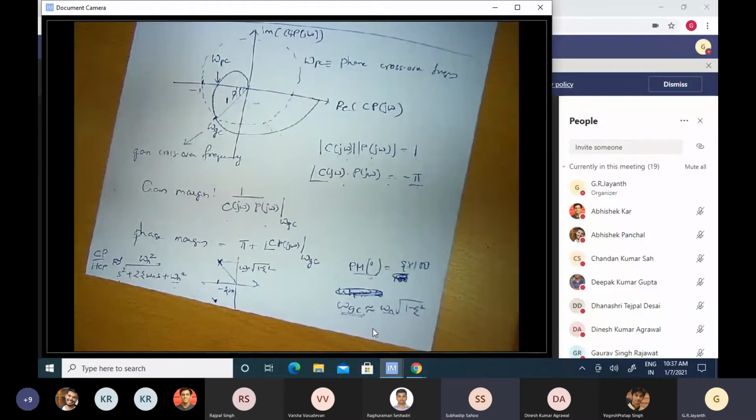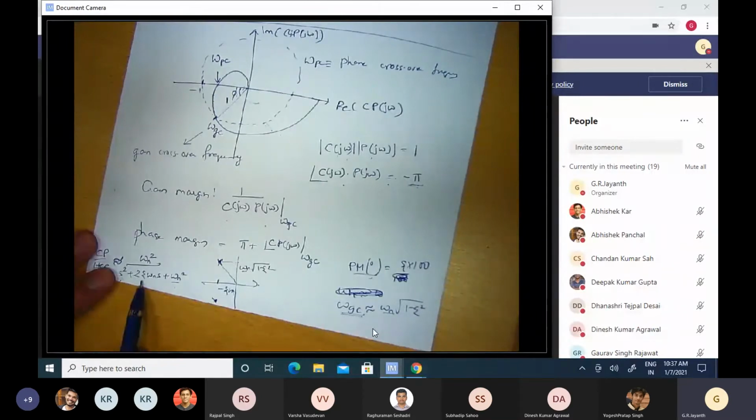Good. So if I want my closed loop system, after I wrap my feedback around it, my closed loop system might have many poles. Okay, the number of poles of the closed loop system will be equal to the number of poles of the open loop system. But of these poles, only a pair of poles which are closest to the imaginary axis are the ones that are going to dictate the response of the closed loop system, and these are the dominant poles.